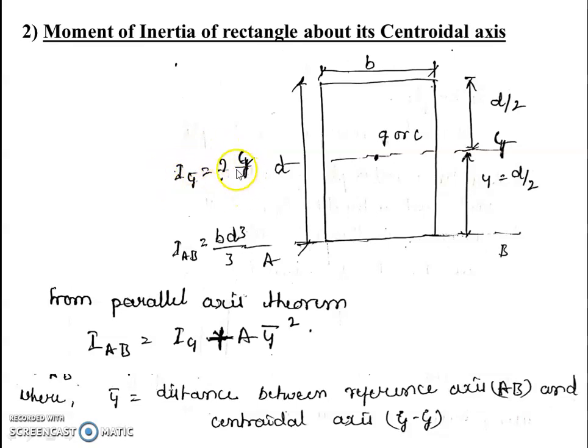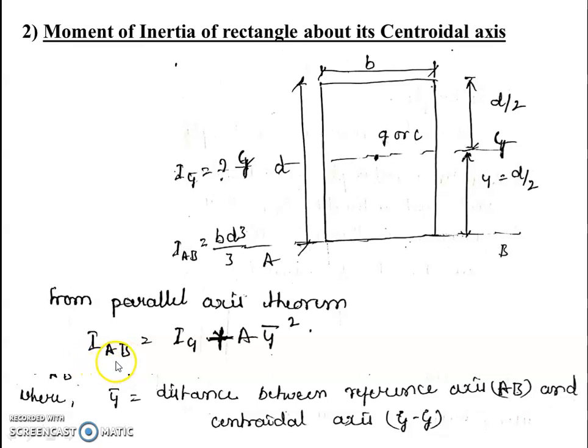We have to find it. So we know the parallel axis theorem. In earlier classes we discussed this and derived an equation. The parallel axis theorem is given by the moment of inertia with respect to the centroidal axis plus the product of area multiplied by the square of the perpendicular distance. This is y bar square. If I take this as y bar, it is the perpendicular distance from the reference axis. Here the reference axis is AB. Okay, this is the equation.